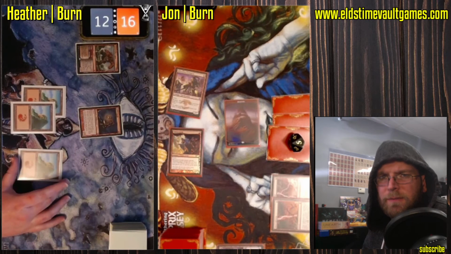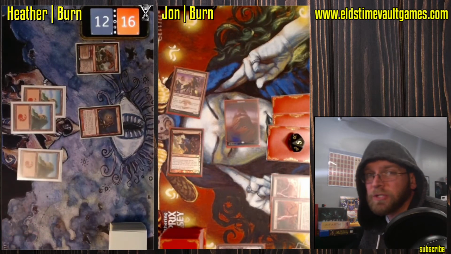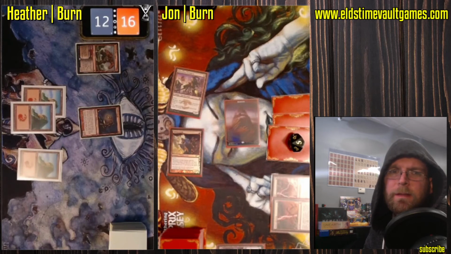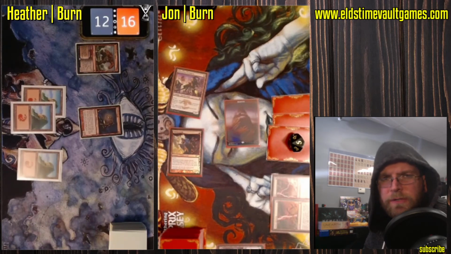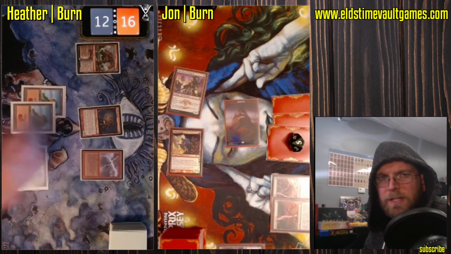And looks like a Lightning Bolt and a Chain Lightning, so if John does use a Chain Lightning, Heather can bounce it back. So as far as Burn goes, we've got some complexity to consider. And especially when you're on a feature match, I think most people feel a little bit of an extra need to try and play as well as possible